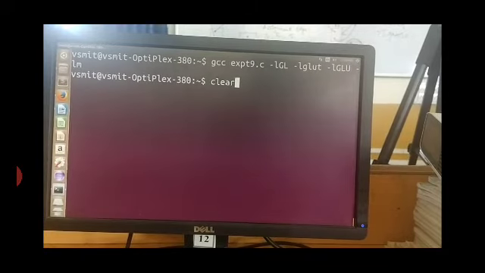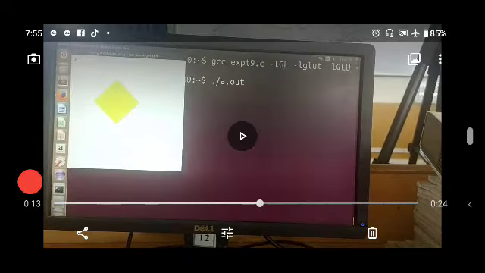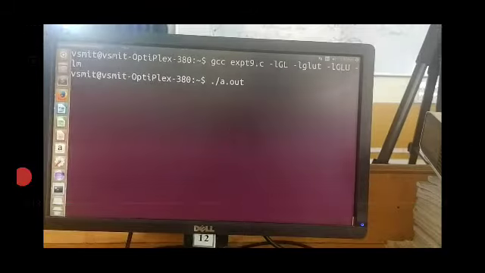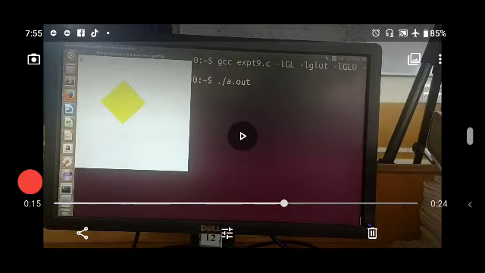Okay, now it is successfully compiled. Next we need to run it. Now for running I am going to use ./a.out and press enter.